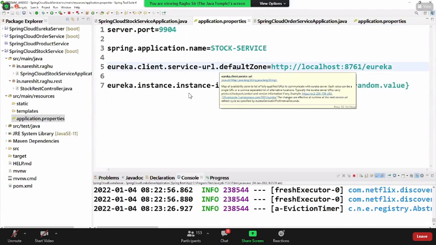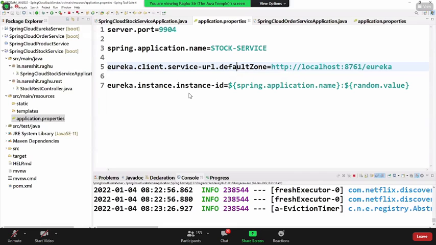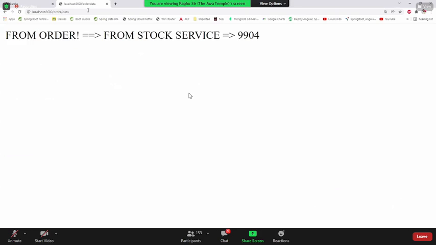Whether you run on the same system or a different system, are you running two instances on the same system? Change the port number. Are you running two instances on different systems, different computers? Keep the port number the same and run the application, the IP address will be different. Understood? An instance is a unique combination of IP and port number. This is the URL you have to enter.